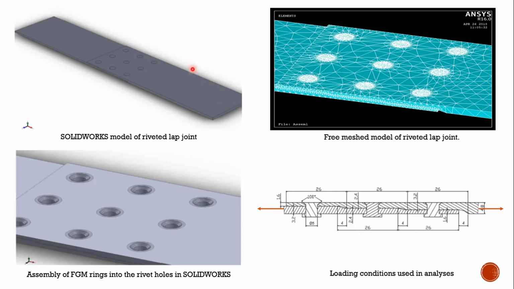So what we did is we created a geometry in SolidWorks of that particular riveted lap joint, where then again we went for assembly of these FGM rings, these functionally graded material rings. I'll just explain what FGM is. It is a material which has a smooth gradient from one material end to the other. Suppose we have an interface, and in that interface there is a sudden change of properties,